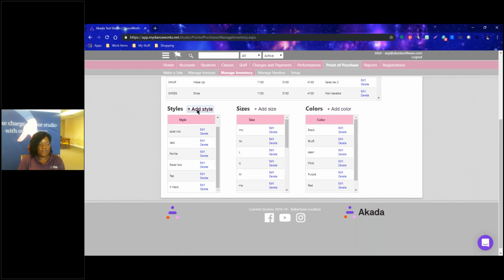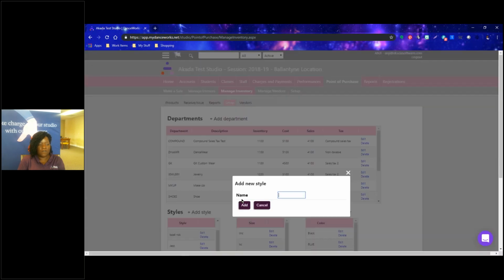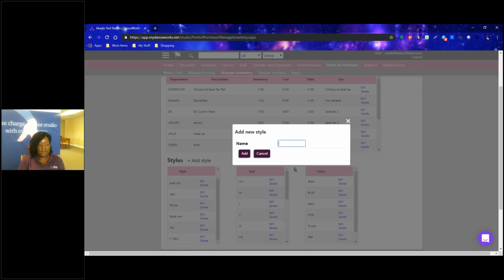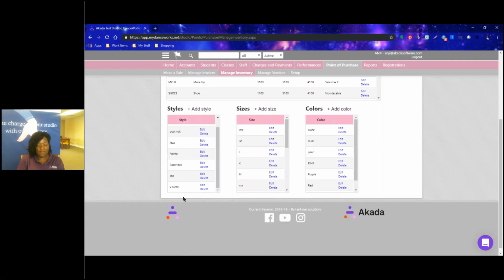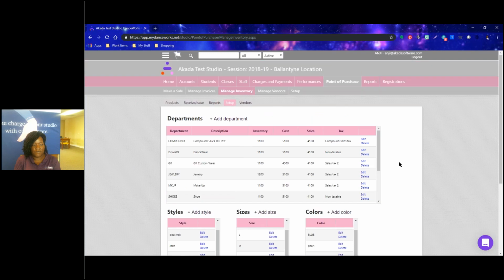Style, sizes, and colors all work the same way. You're entering what it is. So for example, I have like my boat neck, jazz shoes, point, razorback, tap. Different types of items that I still sell, I will include it here, and of course my sizes and my colors. Now, once you have that done,